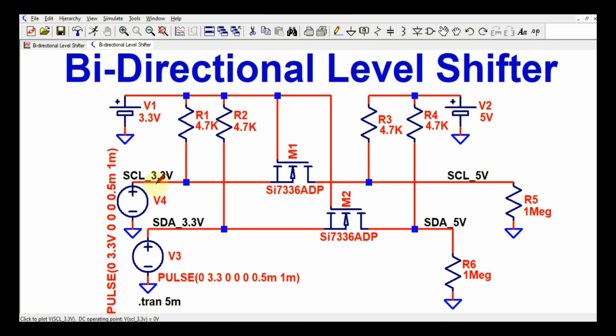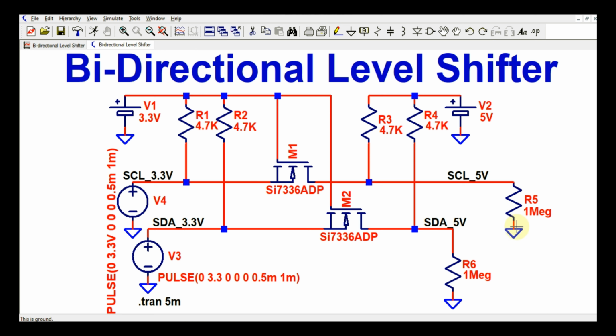In this case you are converting your 3.3 volt to 5 volt. That means you are communicating with another device which has a logic level of 3.3 volt, but at the input side you have a logic level of 3.3 volt, and at the output side you have a logic level of 5 volt. This 1 megaohm resistance I used for termination purposes for now.